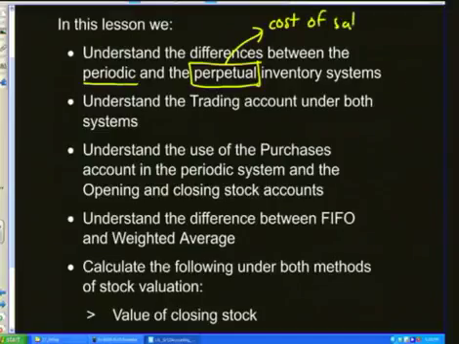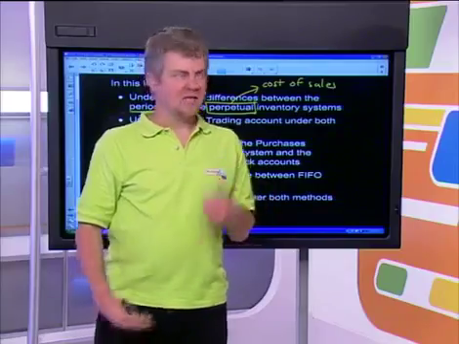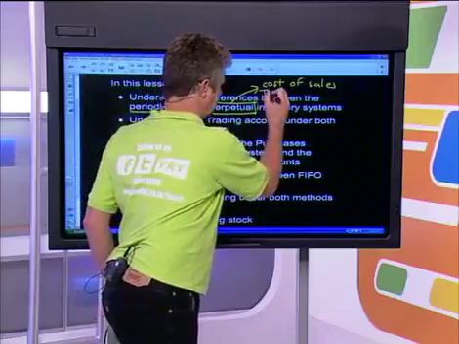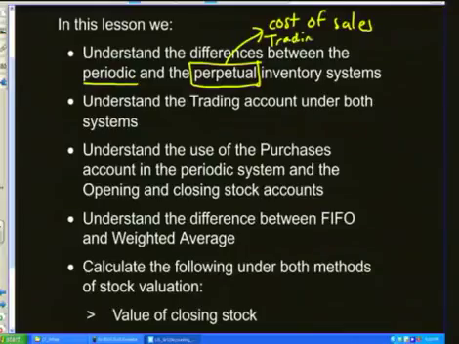So with the perpetual system, you record cost of sales every single time a sale is made, and you keep a special trading stock account. I'm not going to go over this in full detail, because you will remember this. This is the system that we normally use when we sell something. What we do is we credit